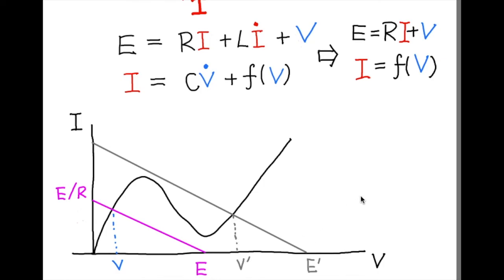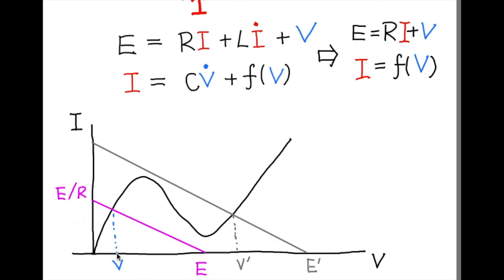I don't think I can explain it very well, but you should try to convince yourself that if I increase E, the battery voltage, from this value to this value, this straight line will move to the right, to this line,